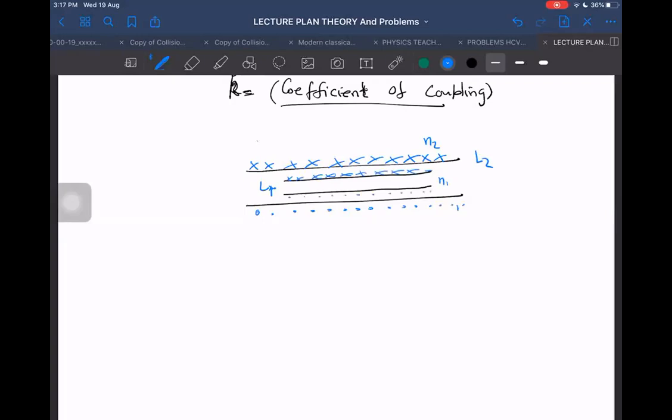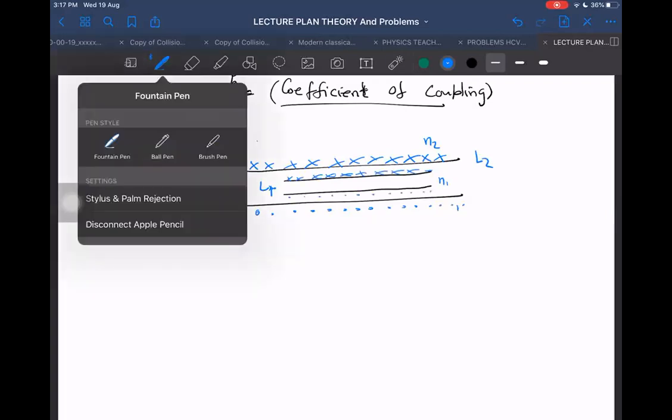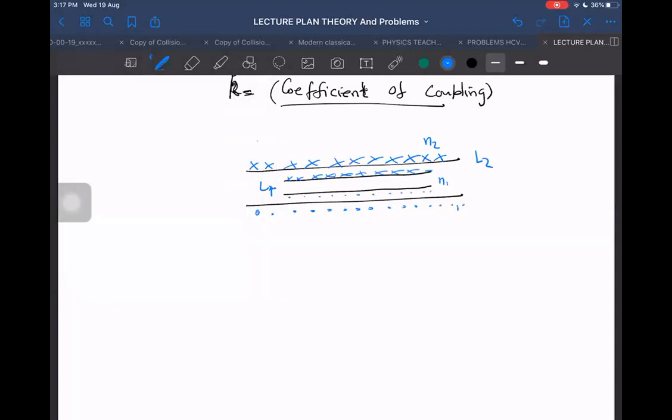Can you tell me now what is the mutual inductance for this? How to find mutual inductance? Same method we will follow. We will send current only in one of these wires, and then in the other I will find out the flux linked because of that. So I will prefer to choose the outer one. Let us say the outer one carries current I2. Radius for the inner one is R1, radius for the outer one is R2. What is the magnetic field due to this wire? Mu naught into n2 into I2.